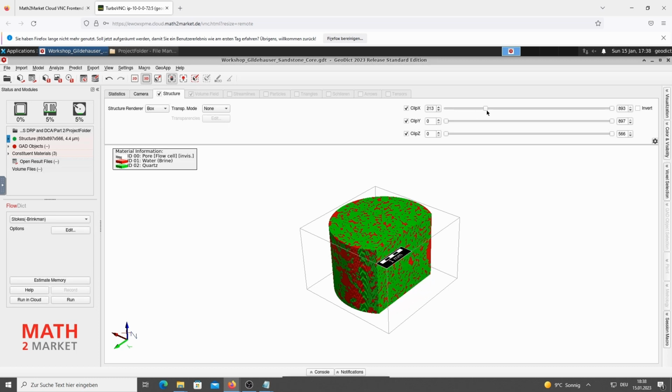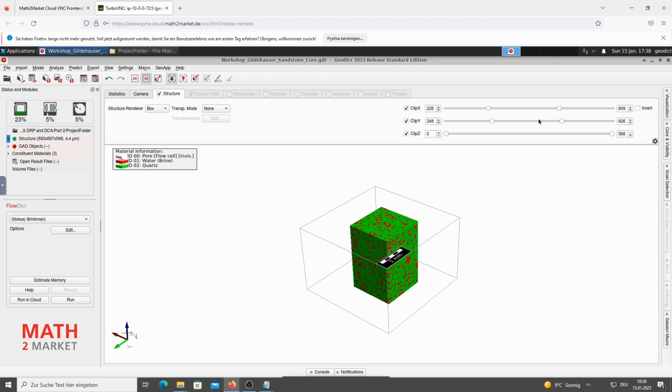So now I pull on the clipping sliders a little bit and select some part in the middle of the structure. To make things easier, we can also enter specific numbers. Here I will set clip X from 300 to 600, clip Y from 300 to 600, and clip Z from 100 to 400.